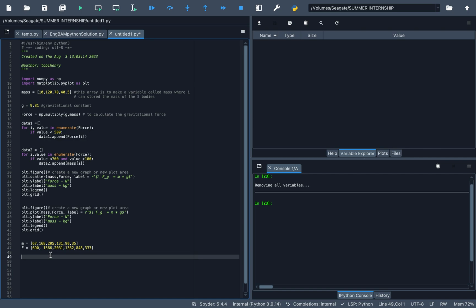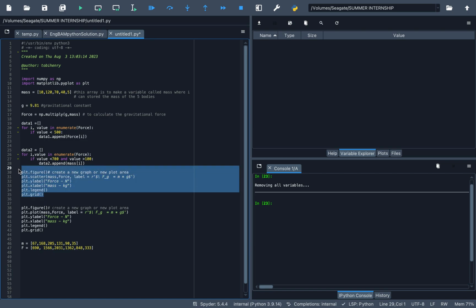Another thing from a point of efficiency I would like to note here is that if you know what your code looks like and it looks like something you've written before, you can just simply copy paste that code and change certain parts of it to fit the new section of the code you're trying to deal with. So because I'm plotting a graph in matplotlib and I have to plot it as a scatter and a line graph, I can simply go, first of all, to copy the section of the code that I've written before in question 5 that has to do with the scatter plot, and I can just simply copy it and paste it